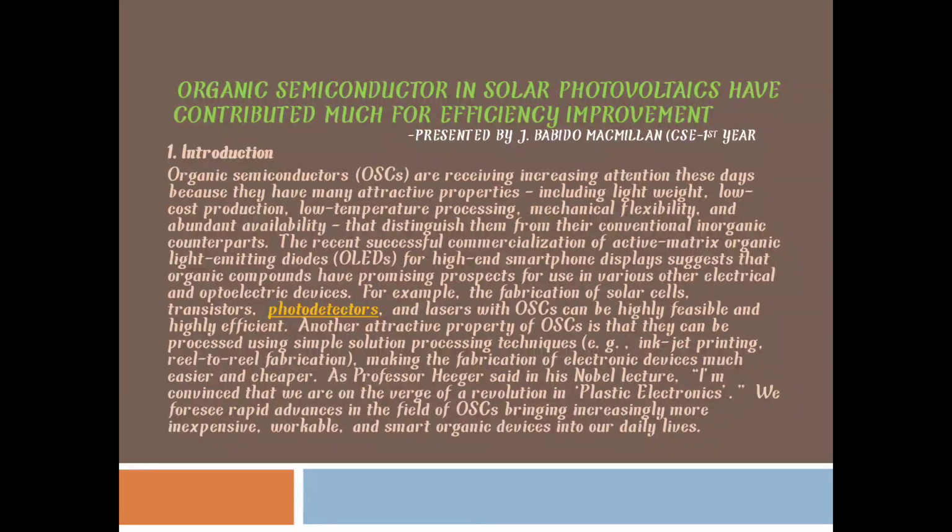The recent successful commercialization of active matrix organic light emitting diodes for high-end smartphone displays suggested that organic compounds have promising prospects for use in various other electrical and optoelectronic devices. For example, the fabrication of solar cells, transistors, photodetectors, and lasers with organic semiconductors can be highly feasible and